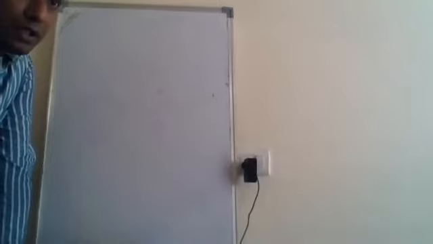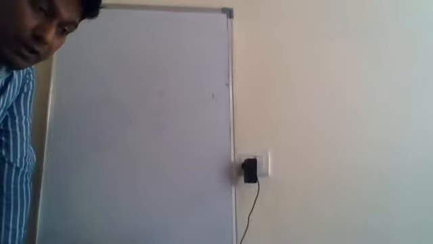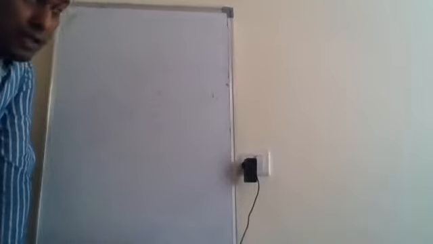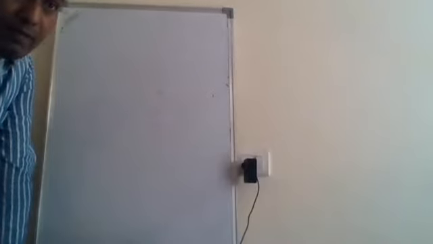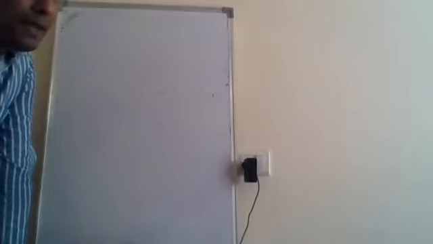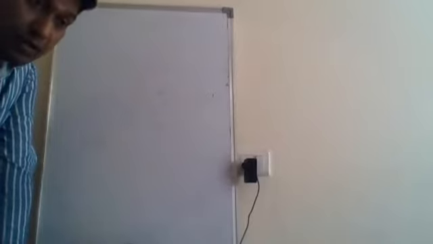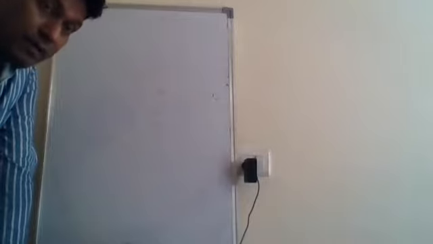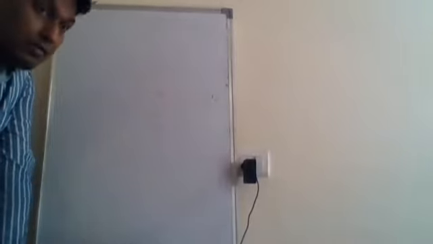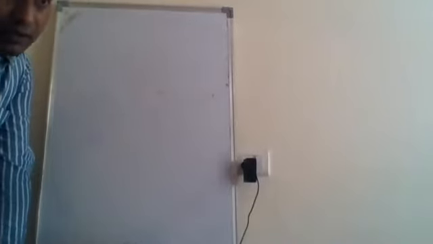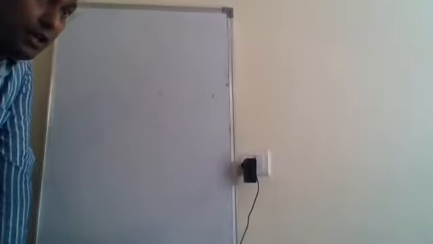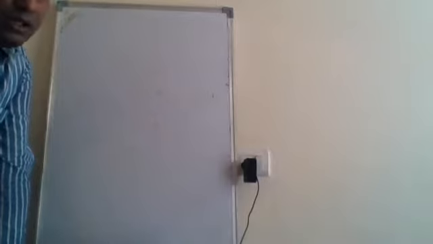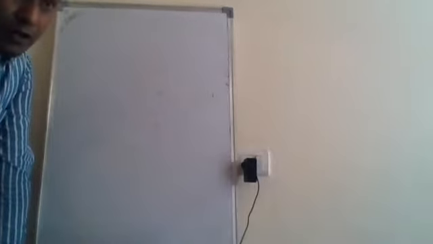But in the Lloyd's mirror interferometer, the interference pattern is complementary to Young's double slit experiment, because in the place of the maximum in Young's double slit experiment, the Lloyd's mirror gives a minimum, and in the place of the minima we get the maximum. Also, in the Lloyd's mirror interferometer, the interference pattern is seen only above the mirror, because no light reaches the screen below the mirror. All the light is reflected to the upper side. There is no propagation of light in the bottom side of the mirror.